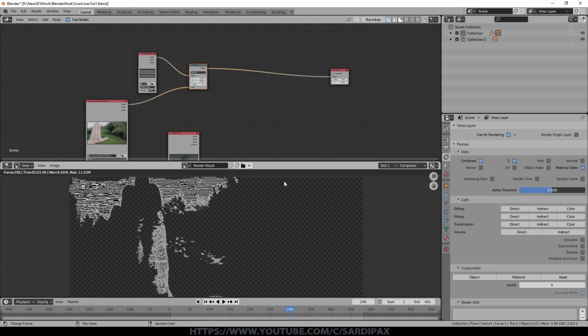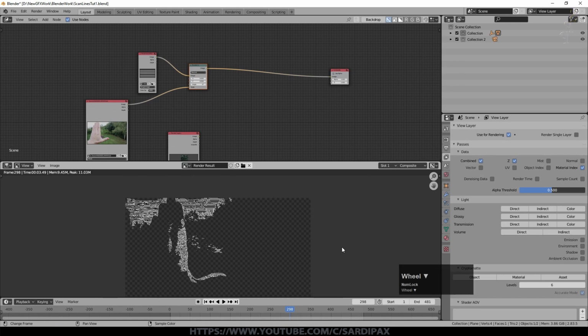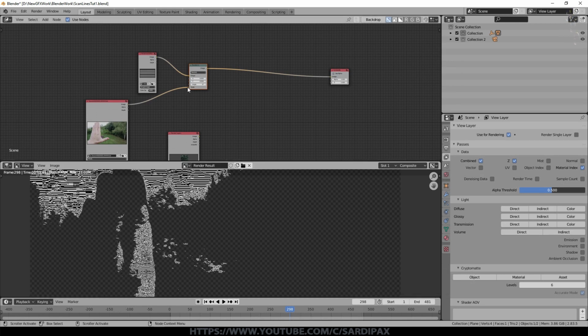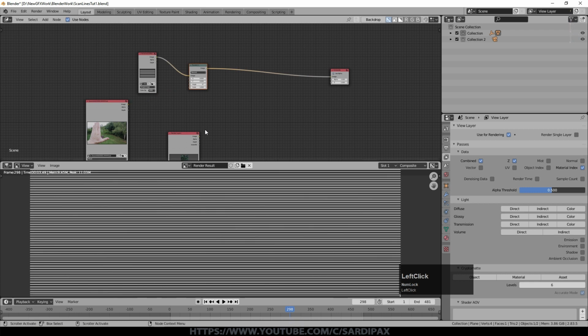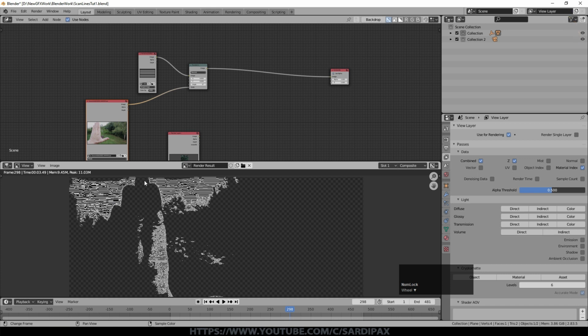Obviously, there's a few more nodes to go in yet, but you can see this is altering the whole scene. So that was my lines. If I take that out of there, there's no distortion of scale, but if I put that back in, you can see we've got some reference to the scene that is distorting those lines.